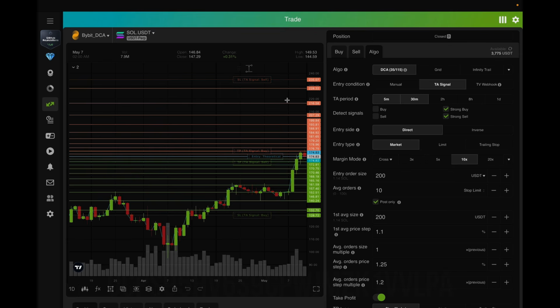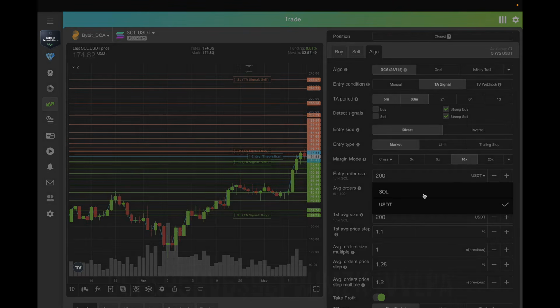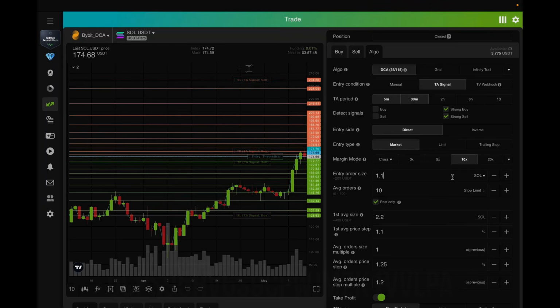The only caveat when trading with the DCA bots in cost mode is that you need to be aware of the minimum order size requirements of centralized exchanges. If your order size, like in this case with 200 USDT, is well above the minimum requirement, then there's no issue. But let's say you decide to use the minimum amount like 17.45 USDT for both the entry and the